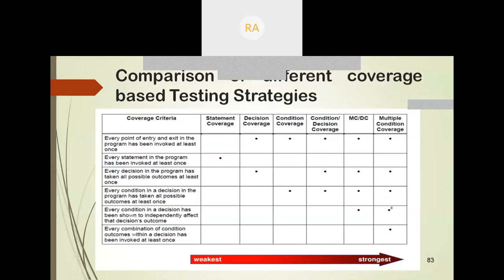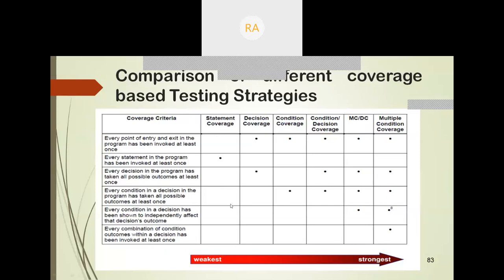Okay, these are the different criteria they have used for comparing different techniques or different strategies with respect to structural testing. Okay, and this can be asked. Okay, how can you compare various criteria? For that you have to take up these criteria and you have to explain. After that, they have taken up every decision in the program, whether they have taken all the possible outcomes at least once, that is either true or false. And this can be achieved with the help of decision coverage, MCDC, wherever decision is involved. Okay, you can achieve this particular criteria.